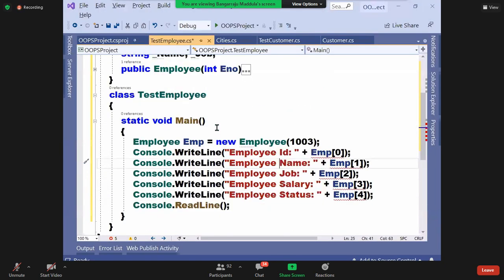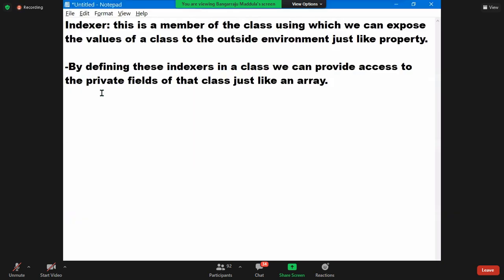Okay. So how to define this indexer? The way you define an indexer is just like how you define a property. How do you define a property? Modifiers, type, name, and here you write get, statements.